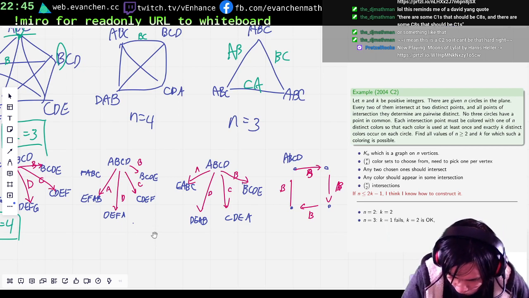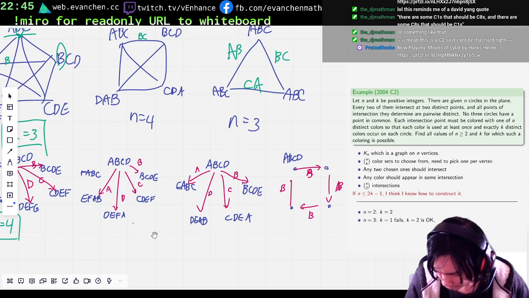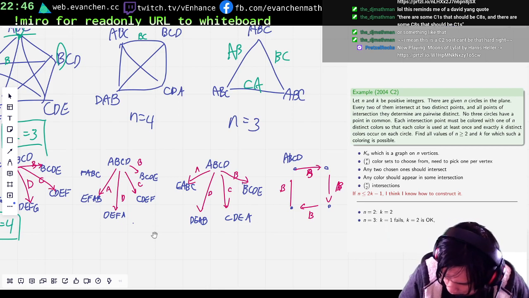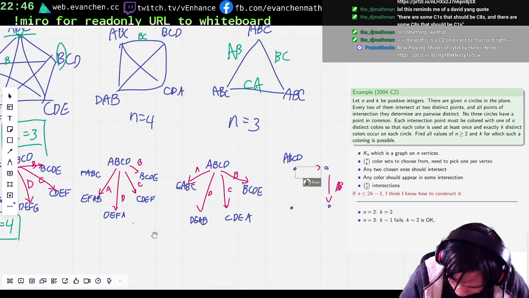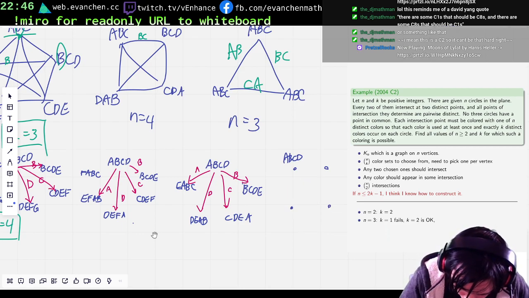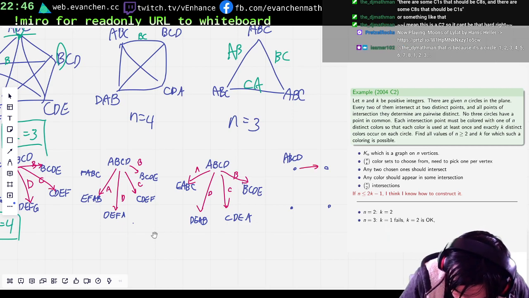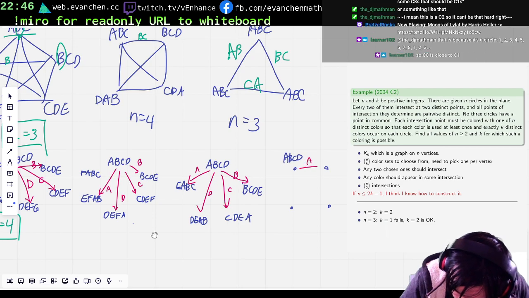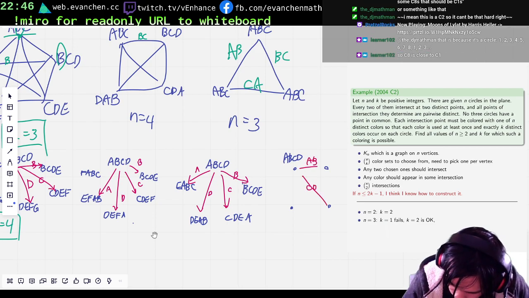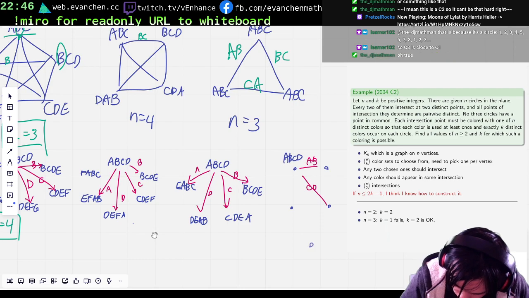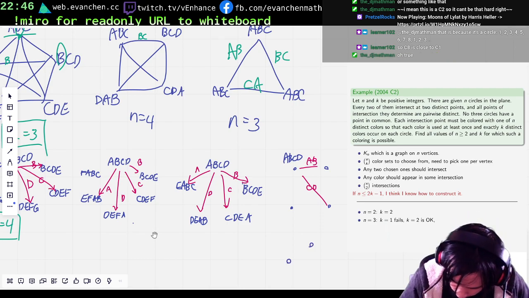Okay, so for n equals k, when it's even, n equals k looks like it's different from n equals k plus 1 by a lot. But unfortunately, n equals k is also probably fun. So like A, B, C, D, and you can cyclically rotate this. And then if n equals k and the parity is odd, I